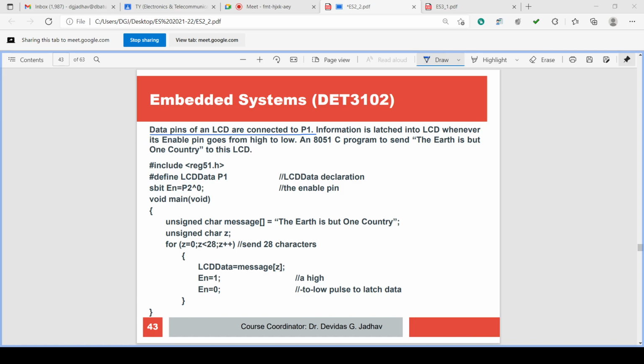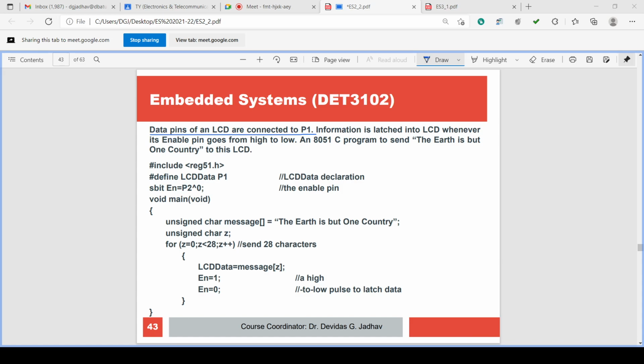Potentiometer is also called a pot. It is nothing but a variable resistor. In this potentiometer, one fixed terminal is connected to the voltage level, another fixed terminal is connected to ground level, suppose 5 volt and ground. So two fixed terminals are connected to 5 volt and ground, and the variable terminal can be varied to get the variable voltage in the range of 0 to 5 volt analog.